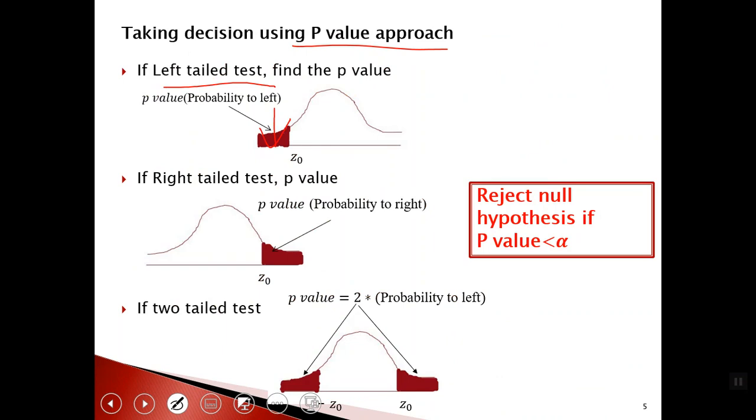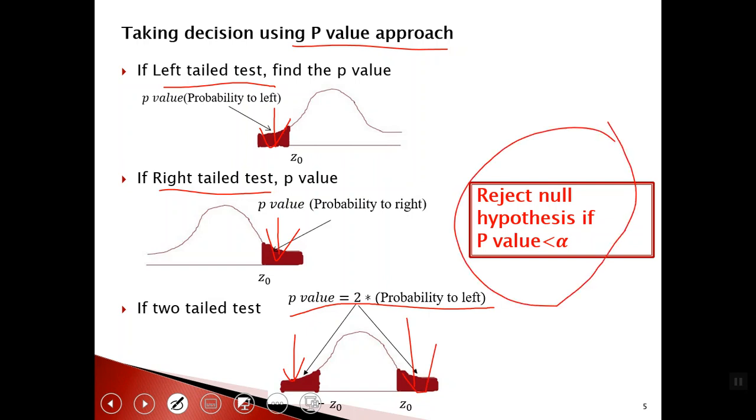Okay. If it is a right tail test, find the p-value. If the p-value is somewhere here, then reject it. If it is a two tail test, calculate your p-value. I think you may remember this one. In a two tail test case, for the p-value you can calculate the probability to the left and multiply by 2. Okay, so if your calculated value is somewhere here or here, then you reject,